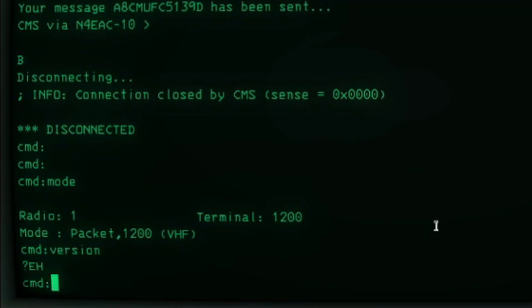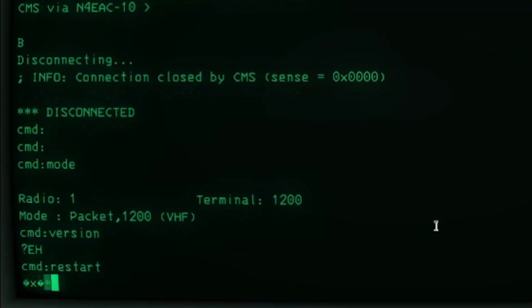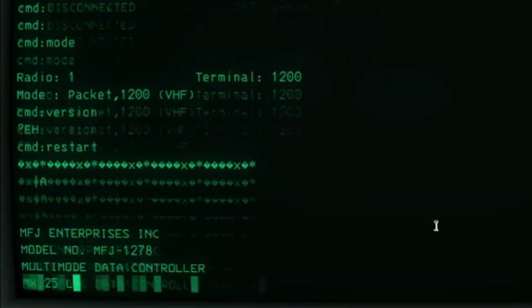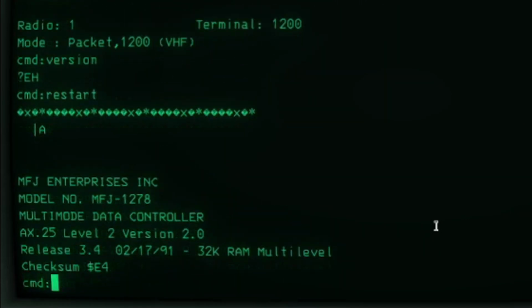I can do restart, but let me just do a restart of the TNC, just to show you the version it's running. And now you get these weird characters because the TNC is trying to figure out what the baud rate is between the computer and the TNC. So you need to press enter a few times, or maybe just once in my case now.